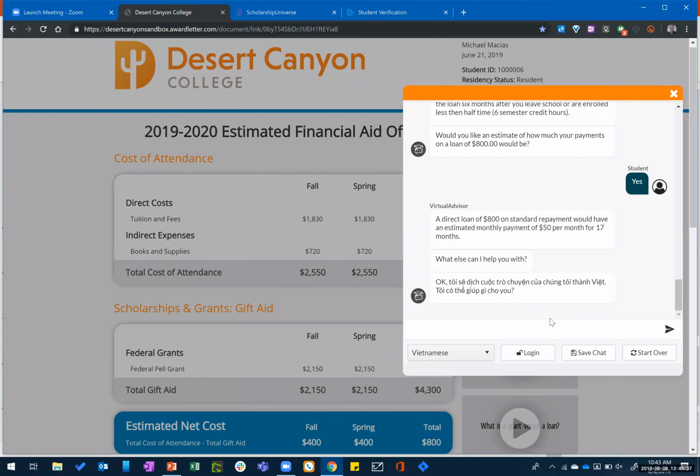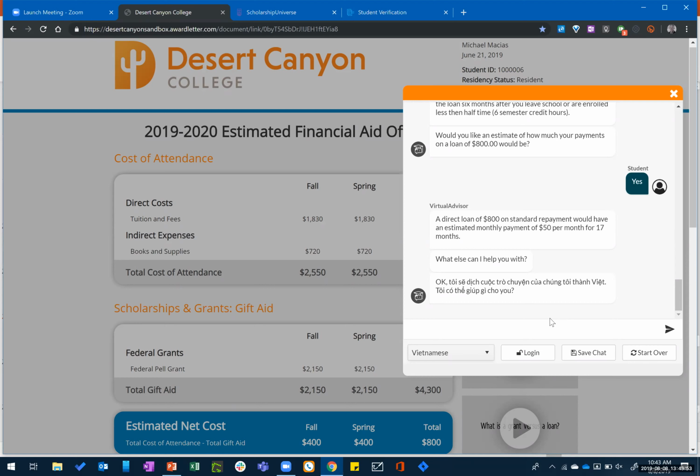So yes, the quote-unquote FAQ library can be expanded to multiple departments. And then we talked about also the ability for you to load actual data for the student from those other departments so that it can access that.